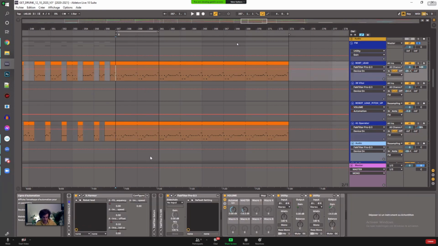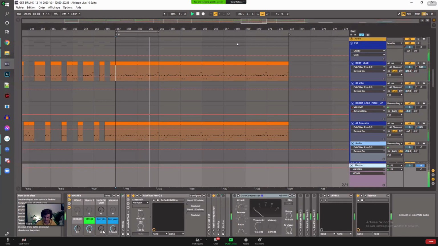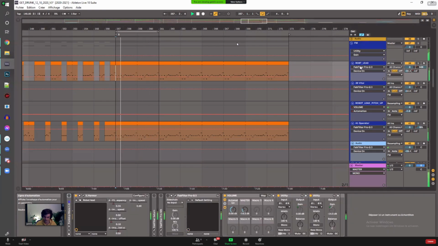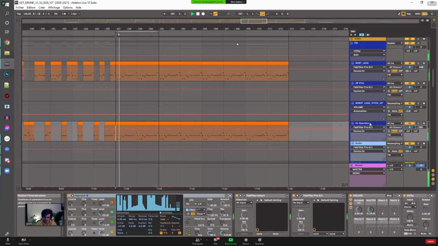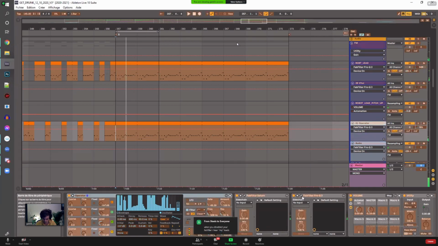It's kind of subtle, but you can hear they are thinner. So in the overall mix, it's easier to place them.